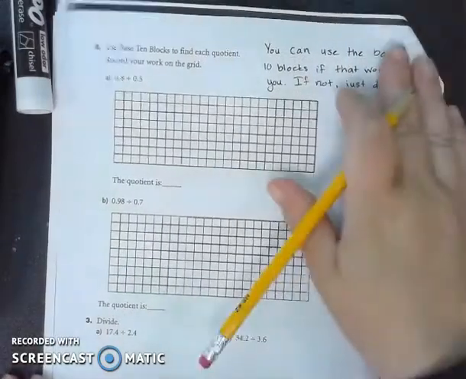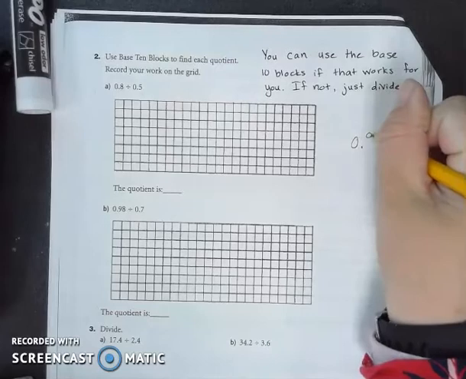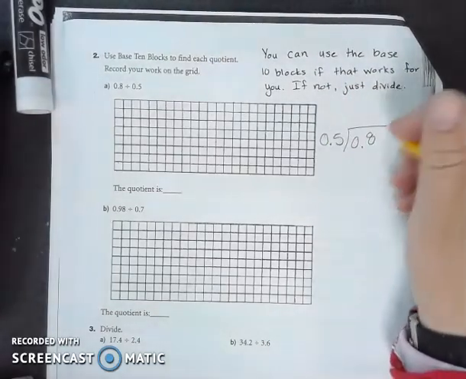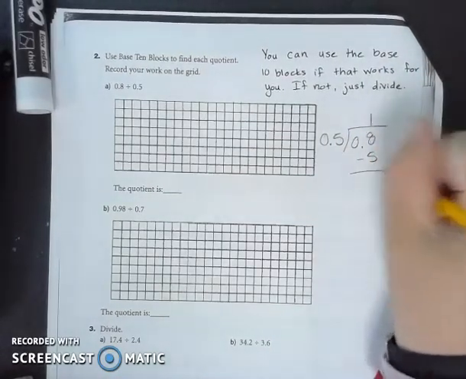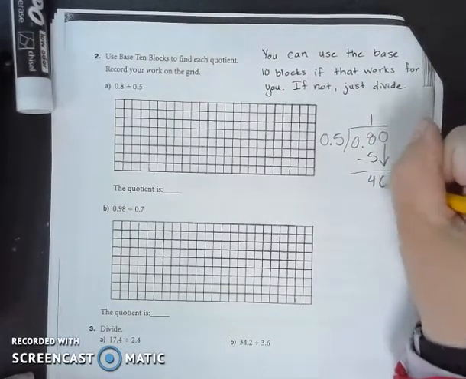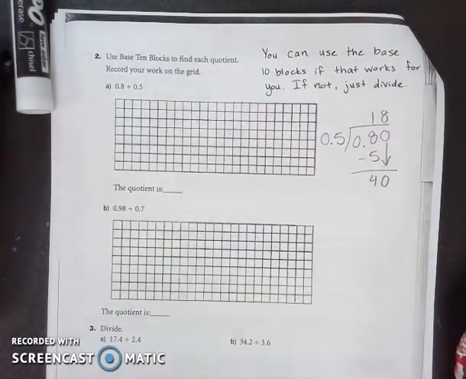Okay, so for this, it's using the other method. We're going to do 0.8 divided by 0.5. So I see how many times does 5 go into 8? It goes in there 1 time. I subtract 5, and I get 4. I need to add on another 0 in order to complete this. 5 goes into 40 8 times. Now what I've got to figure out is where do I place my decimal? Now using this front-end estimation, it's going to say that you figure out where to put your decimal by